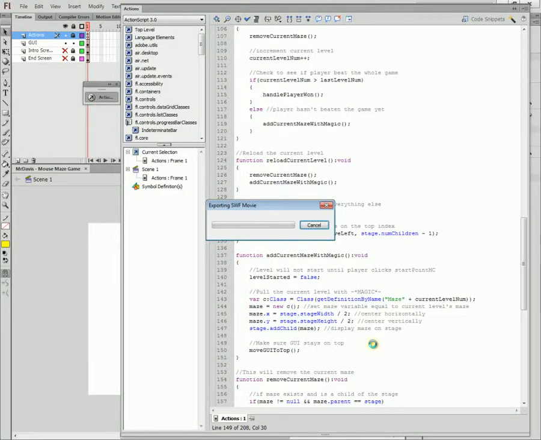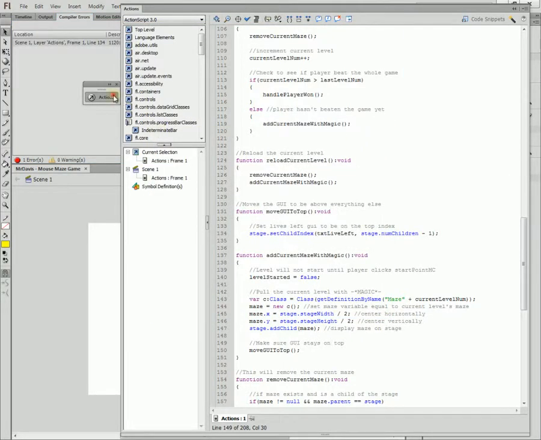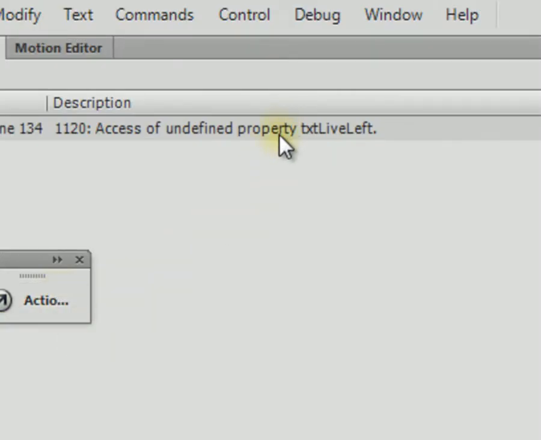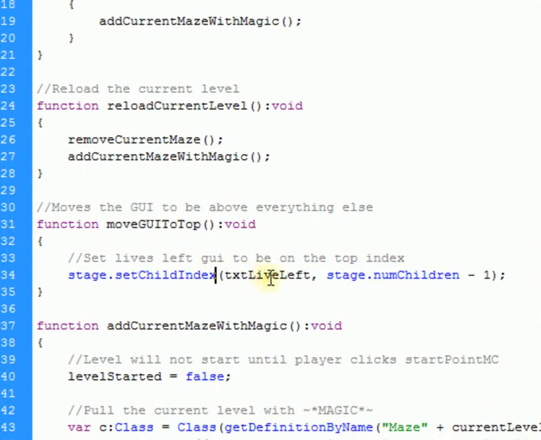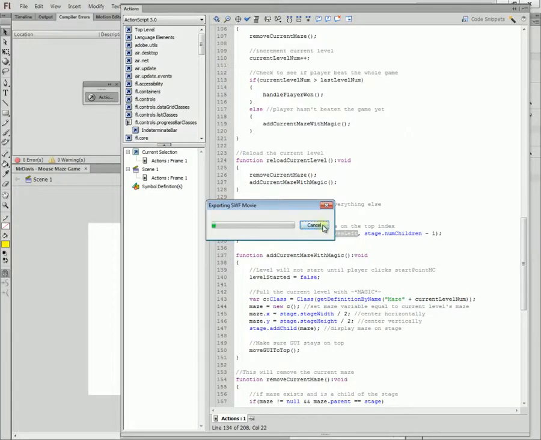And if we are correct, say, what did we do? Oops, I spelled lives left wrong. It shouldn't be text live left, it should be text lives left. Now if we didn't do this in a function and I spelled that wrong that many times, I would have had to fix it every single time I put it somewhere. But because it's in this function, I can just change it once, and everywhere else I've used it, I know it'll work correctly. So now if I start,